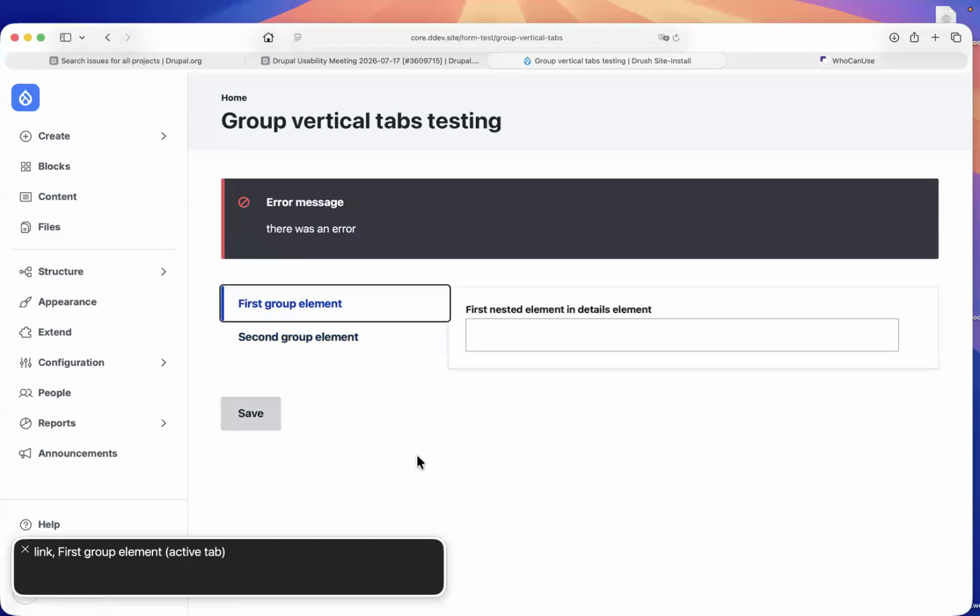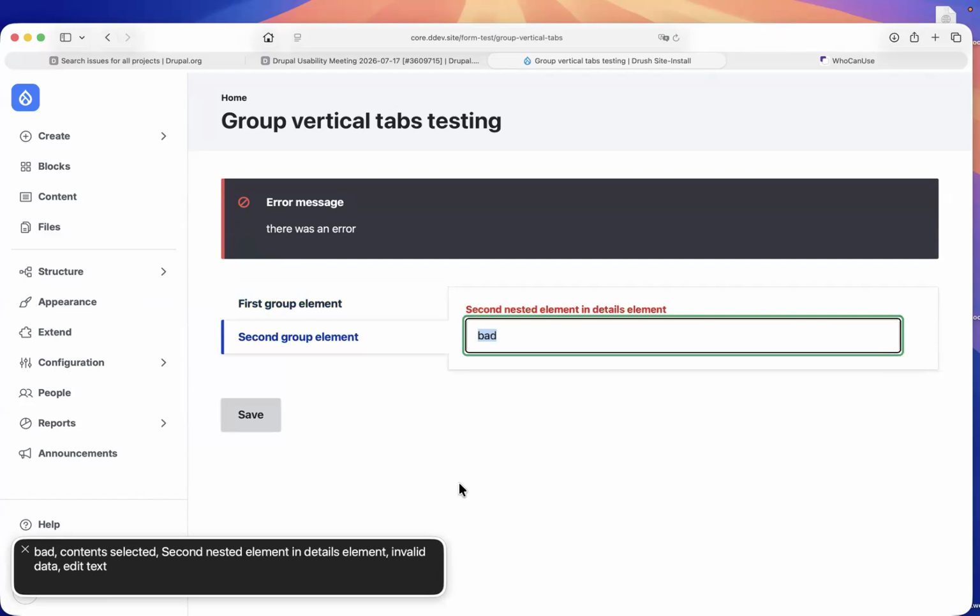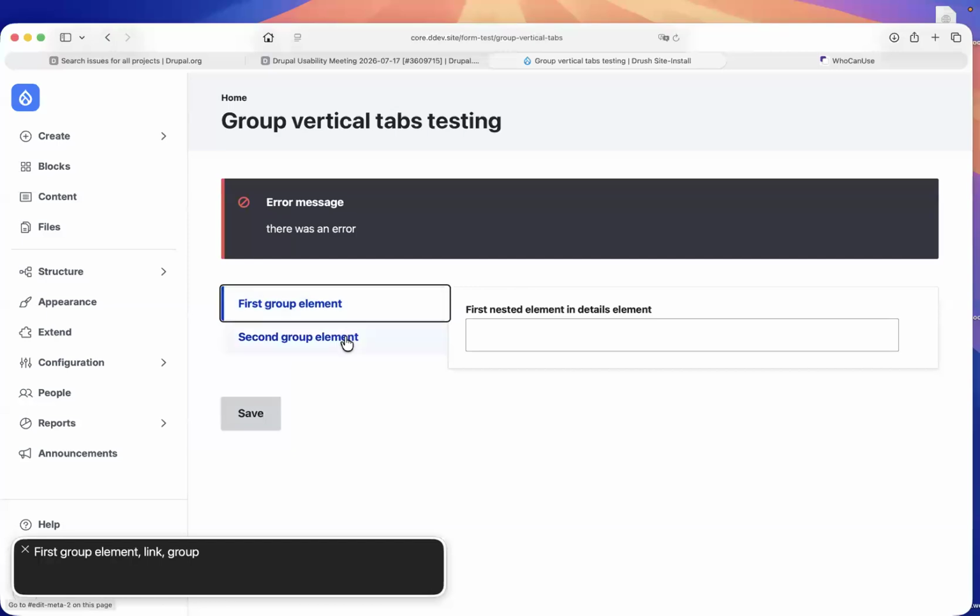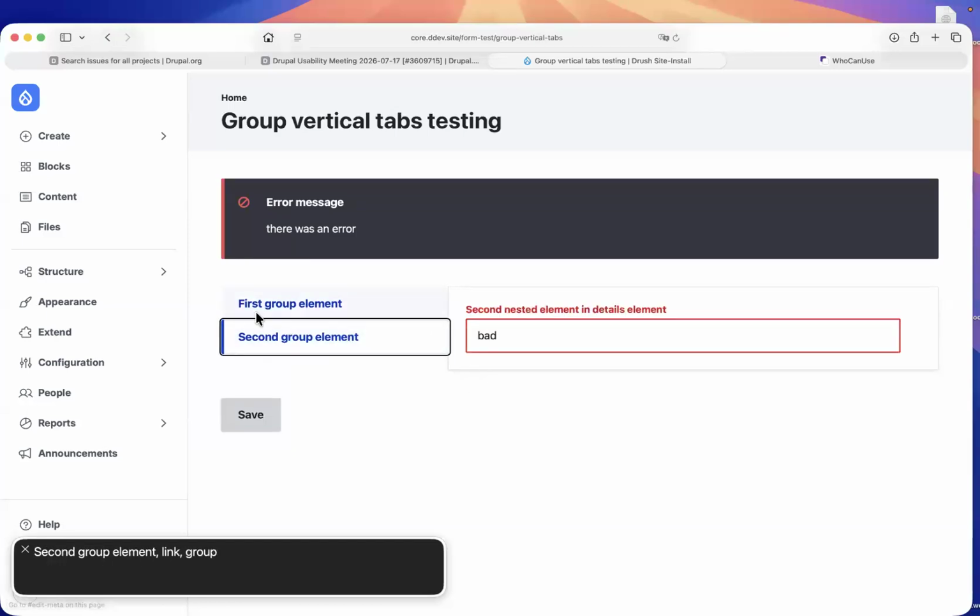If you're on here: breadcrumb navigation heading level 1 group vertical tabs testing, error message content information, vertical tabs link first group element active tab 4 more items, main link second group element bad contents selected second nested element and details element invalid group vertical tabs testing. As you can see here, there is no indication on that vertical tab that there's an error,